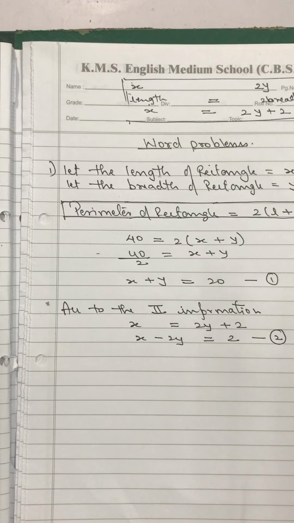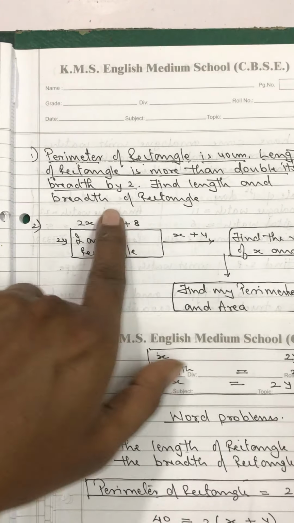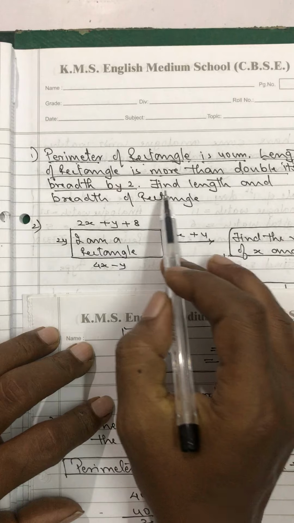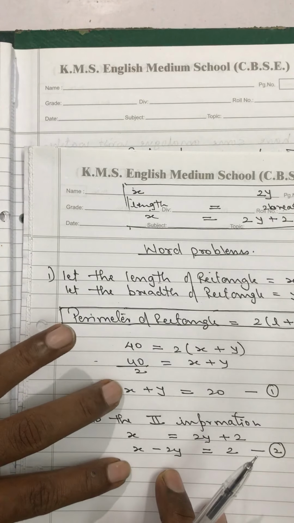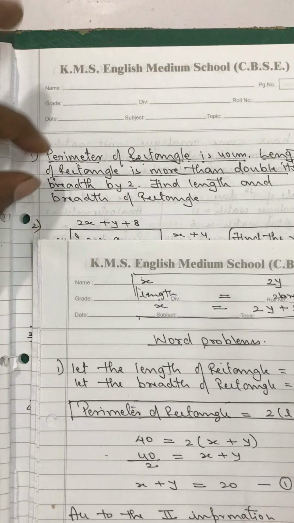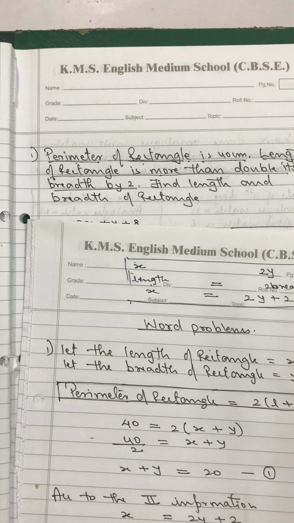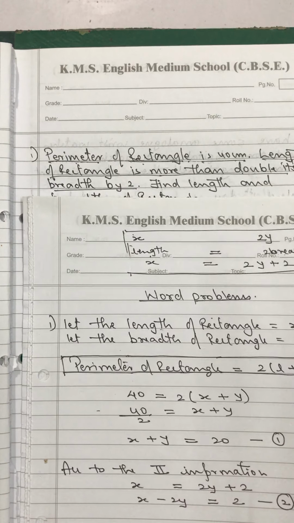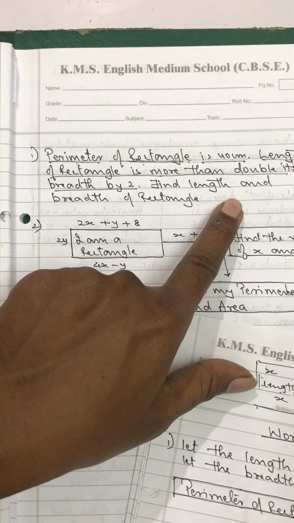Or sometimes they will ask you to find the length and breadth, as they have asked us to do over here. Find the length and breadth of a rectangle. Sometimes they ask you only to represent them algebraically. This is the algebraic representation of the condition, so here the answer will end. If they ask you to present it geometrically or graphically, then you will have to draw a graph of this. You have to see what they have asked you to do.